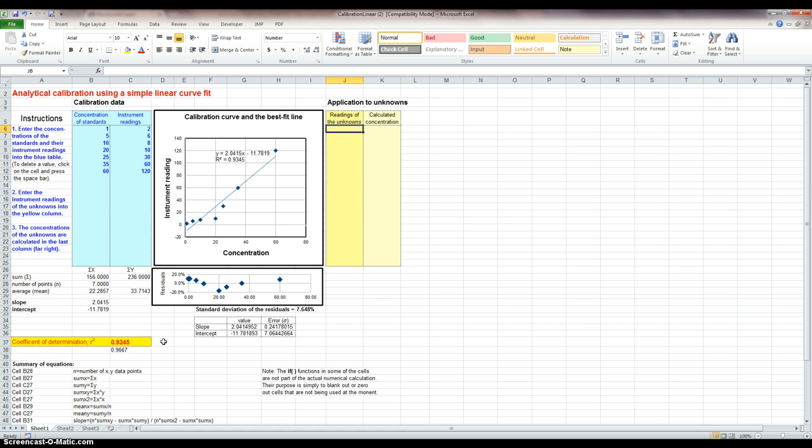So if it was 75.75, would that be acceptable? It depends upon the instrument, the assay, and all those kind of things. A 0.9345 is pretty darn good. Okay, so you can play with changing numbers up here and your instrument readings and everything, and see how these